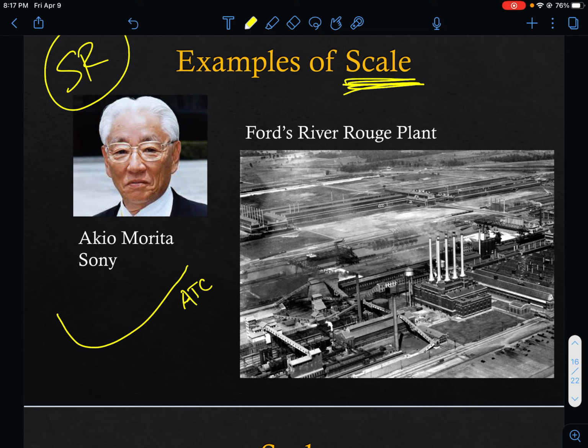That's the question. So for this, I have a picture there of the River Rouge plant. This is a particular plant that Ford built in, let me find the year here, I may have lost the year. 1903. Well, when Henry Ford started the Ford Motor Company in 1903, he used the whole assembly line and specialization to drive the cost of producing cars way down. And so he kept getting bigger and seeing that there are efficiencies from that and seeing a lower cost. So he kept building bigger and bigger factories.